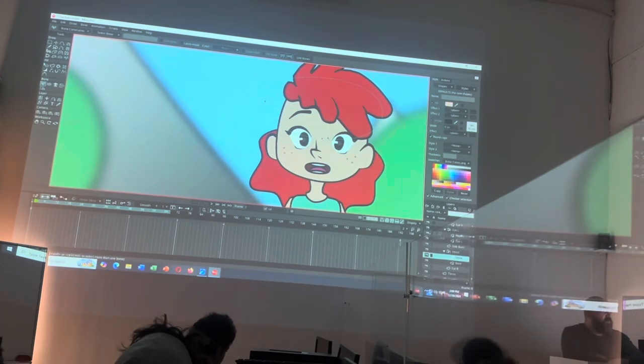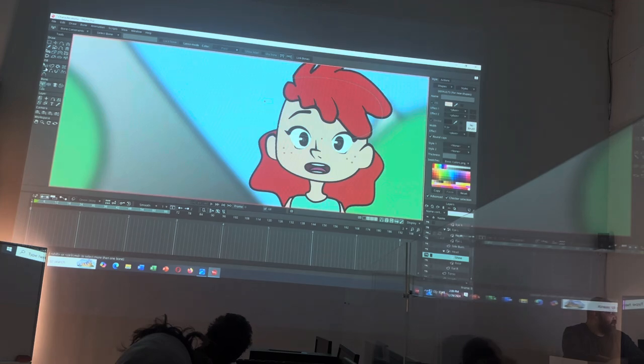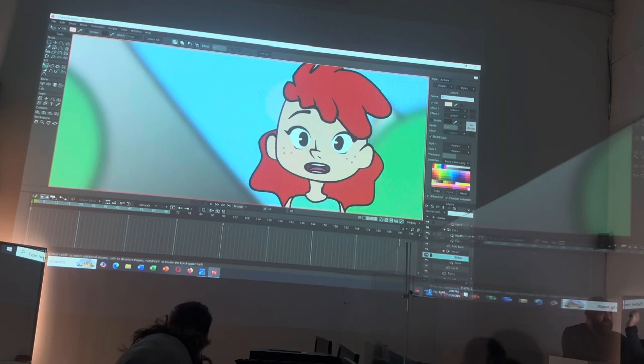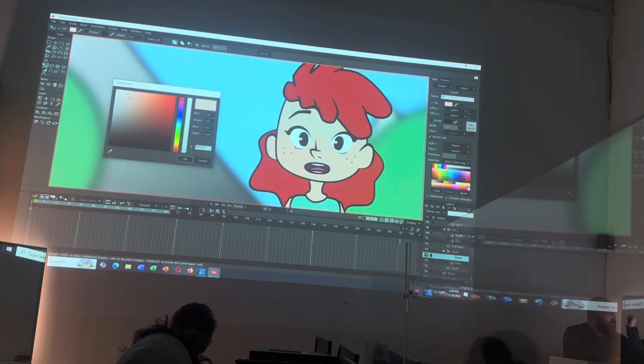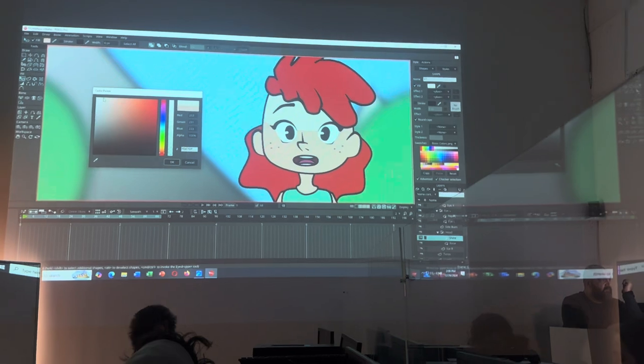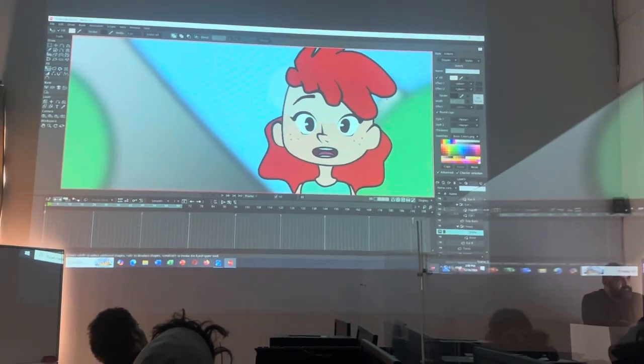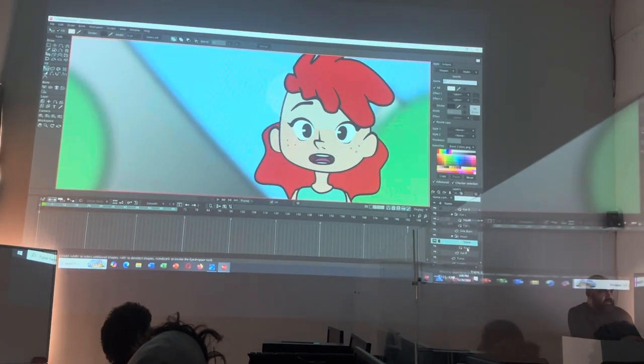For the shine, what I want to do is create obviously a bit more shinier or more brighter color for that. So I'm going to go with something closer to white. Okay. I select that, and